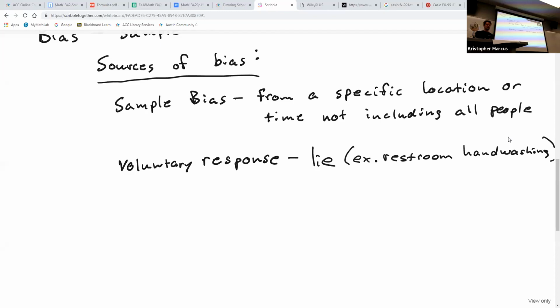Now, the whole response issue, as long as you can respond, there's another type of bias that can come up. And it is called non-response bias. And all of you, I promise, have probably generated this at one point or another. Phone rings. You don't recognize the number. You pick it up. Hi, do you have a moment to take a quick survey? What do you do? You hang up. What did you just create? Non-response bias. So this is where you gave no answer. Yeah, we all do this.